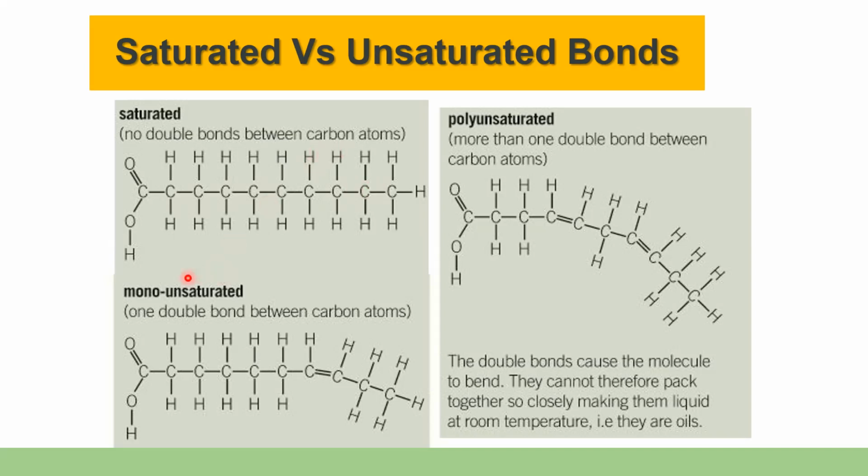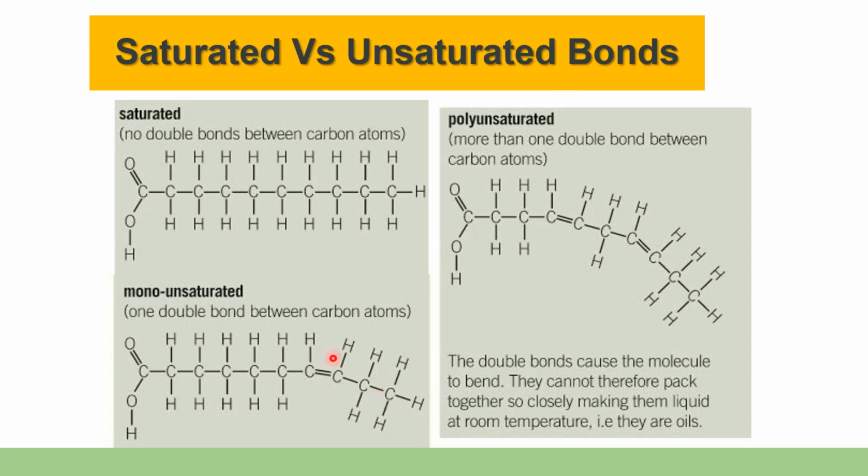When we look at the unsaturated fats, they are also divided into mono and polyunsaturated. In your syllabus, you just need to stick to the unsaturated part. Unsaturated simply means you will see a double bond between the carbon atoms. If there is only one double bond, the name implies it's monounsaturated. If there is more than one, we would call it polyunsaturated. So you just stick to unsaturated. You will be looking for a double bond between the carbon atoms.